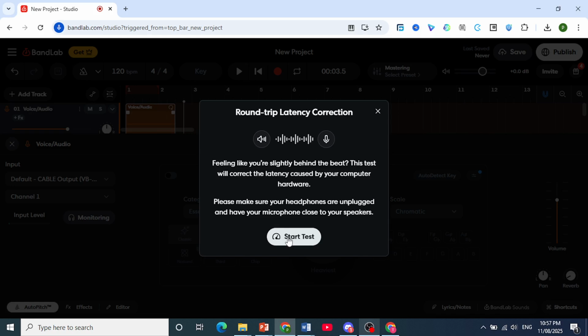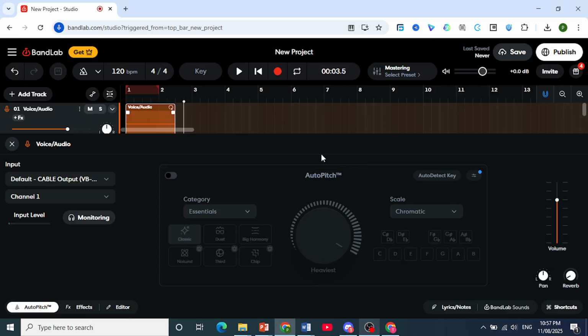Because basically BandLab relies, there you go, it's performing the test. Let me go ahead and stop that. You just do that and basically it relies on your computer's hardware to get you the proper sync. So once it's done doing the latency test, it will recalibrate everything and you should not have audio delay issues